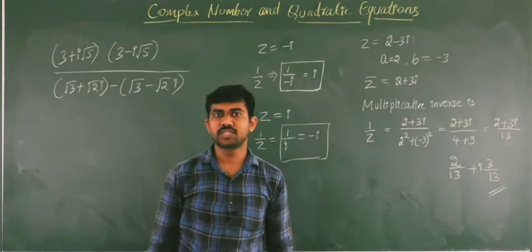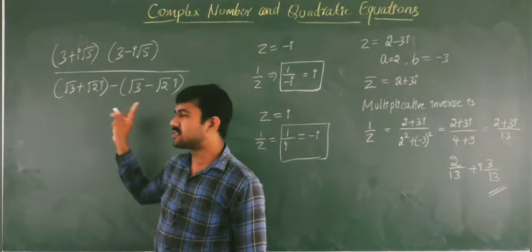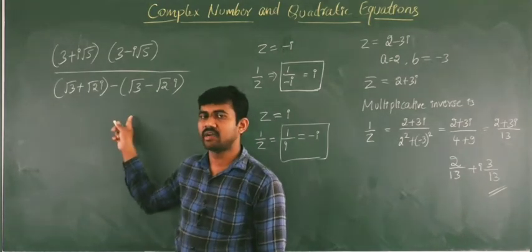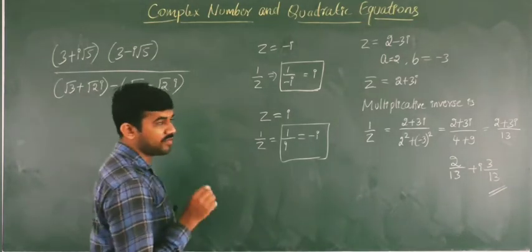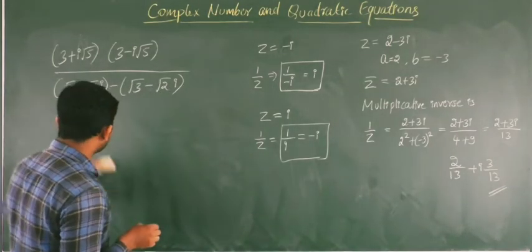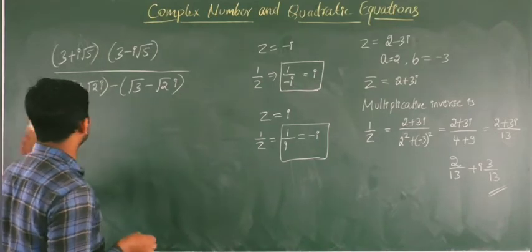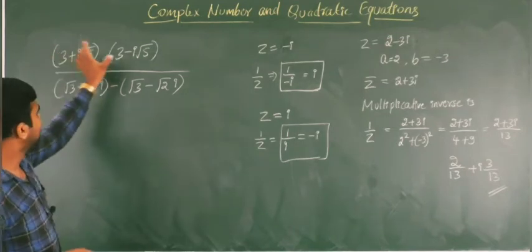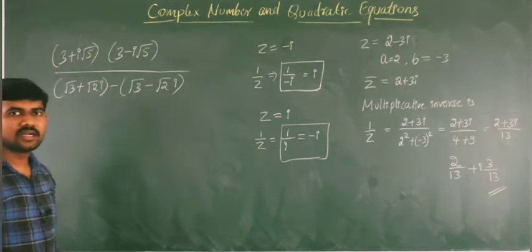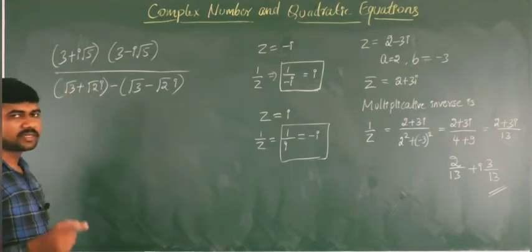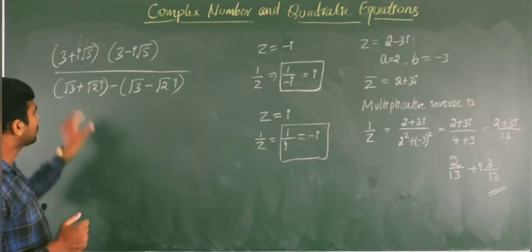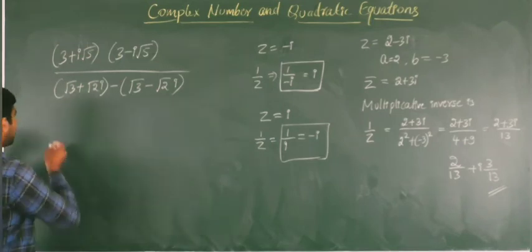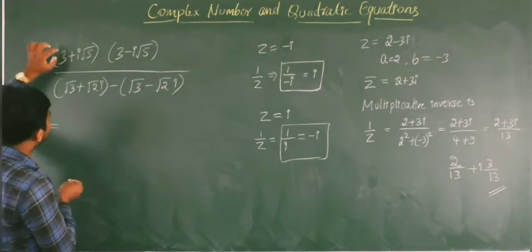Okay, so here what is the question they ask? We need to express the complex number in the form of a plus ib, means we need to simplify this complex number and write it in standard form. To do the simplification, which step can we follow here? In the numerator we have two complex numbers multiplied, and in the denominator we have two complex numbers subtracted. So in the numerator multiply each other, and in the denominator subtract. Multiply each of the terms.